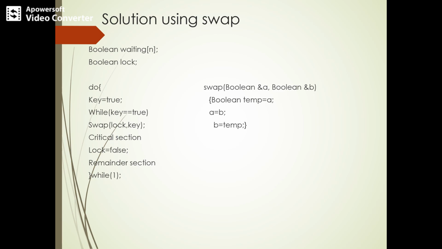So you can see that these data structures are initialized to false. There is a waiting array, and key is set to true. In order to prove that the mutual exclusion requirement is met, we note that the process Pi can enter into the critical section only if either